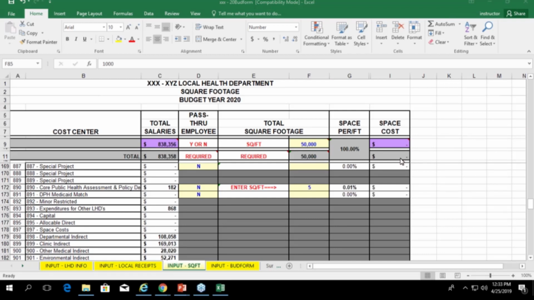Okay. The question is, what if you are entering space to an FQHC within your health department? FQHC is actually, I'm assuming, renting space from you. So that space is not yours. So I would not enter that in as your total space because that's not what you're entering. That's not what you're using. You only want to use the square footage that you're actually using for your agency. But if they're getting rent and they want expenses there, then